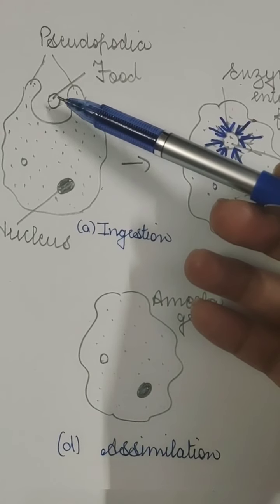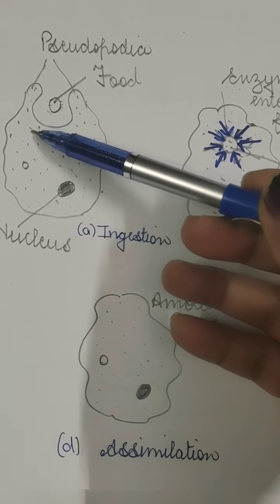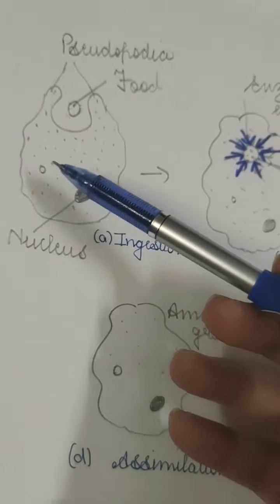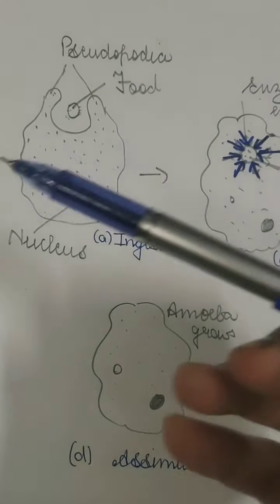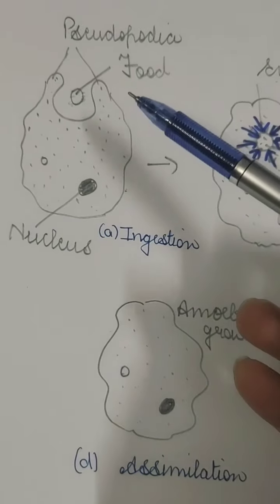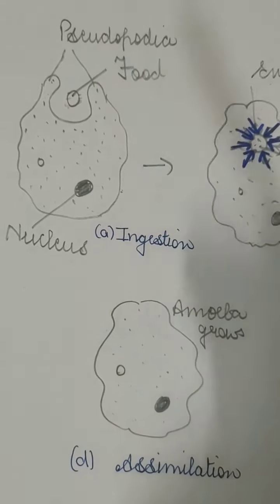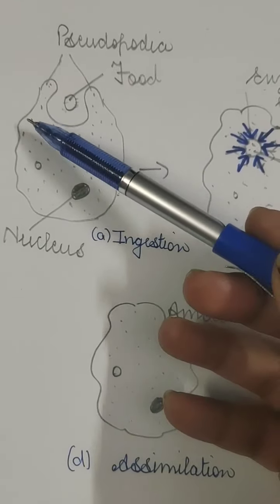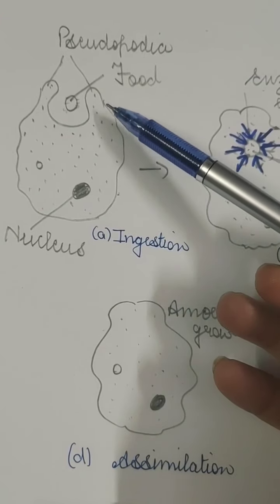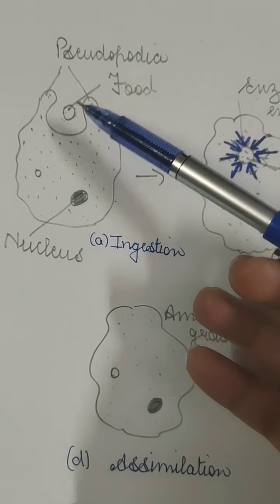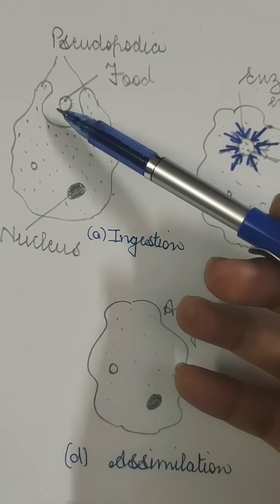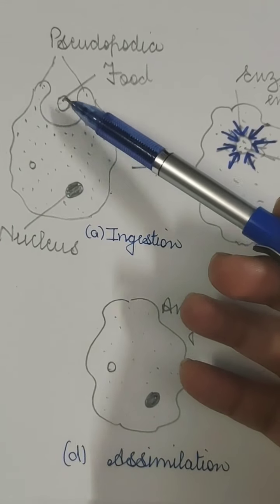Like if food is on this side, it will stretch its arm from there. Since it is shapeless, it can stretch its arm from any side. There is no specific side from which amoeba will develop a pseudopodia. It can develop from any of the sides of its body. So this is an arm like structure which is stretched, called pseudopodia. The tiny food particle is captured inside the body of the amoeba,